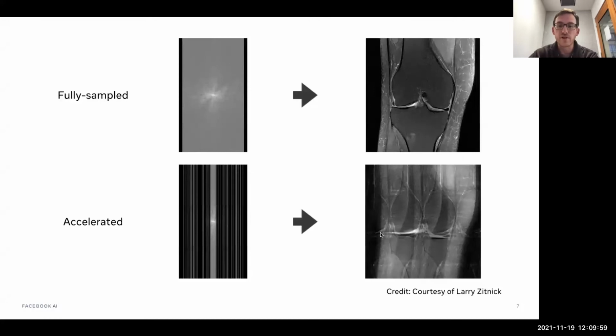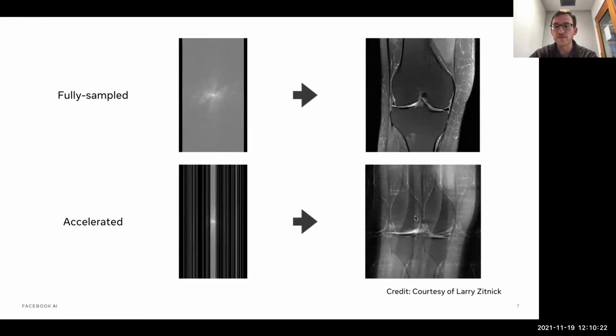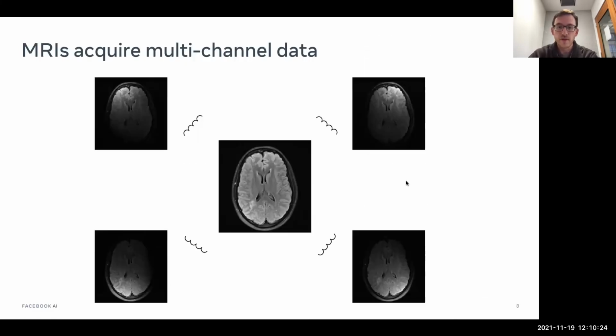Now, there are a few ways to compensate for this. The big one that's most common is to use parallel imaging. Parallel imaging is where you have several different receive channels around the patient when they're in the scanner. The interesting thing is that each receive channel is only sensitive to the most local region close to it. And you can use these sensitivity patterns to undo the aliasing artifacts that I showed on this slide.